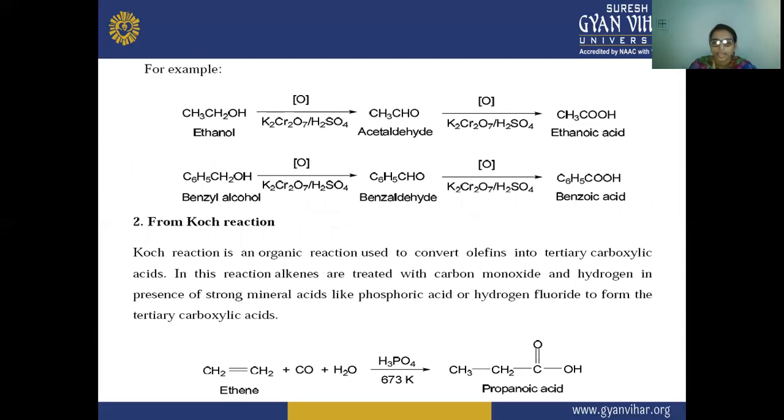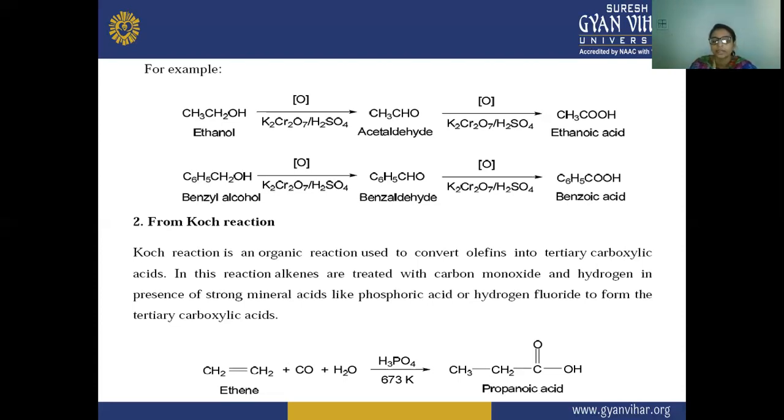And again, this acetaldehyde is oxidized further to ethanoic acid. This ethanoic acid is your carboxylic acid, and it is formed by the oxidation of this acetaldehyde in the presence of K2Cr2O7 and H2SO4. So here again, for the formation of this